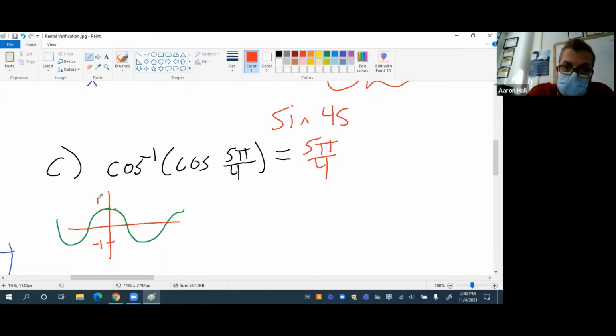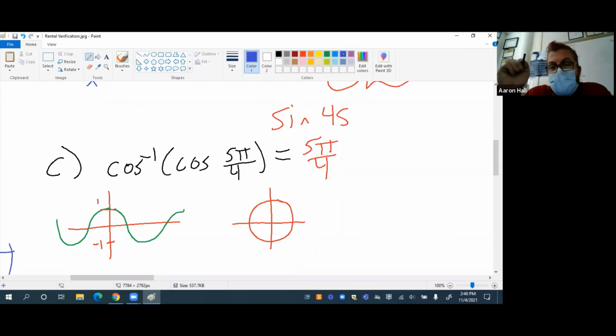let's look at it a different way. Let's look at our unit circle. When cosine, which is our x value, goes from -1 to 1, what piece is from -1 to 1? What piece for a cosine is from -1 to 1? Well, this is my 1, and this is my -1. So that means we're looking at this piece here, that rotation,